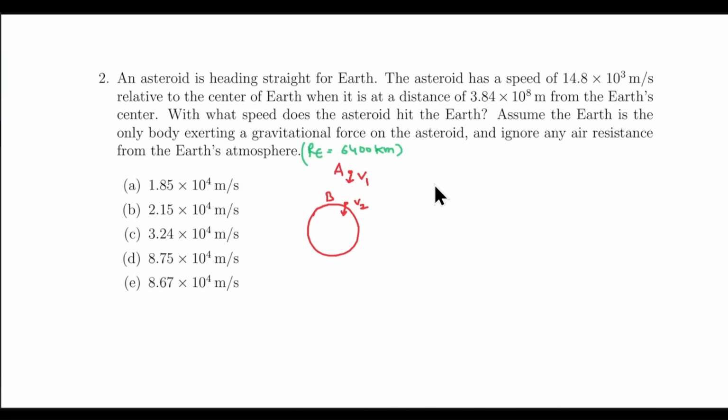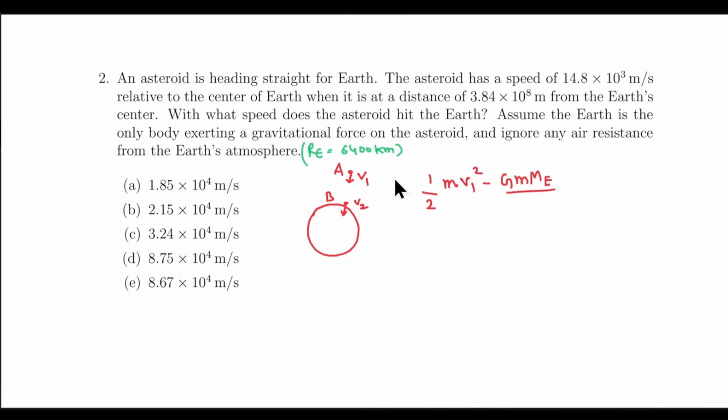At point A, the energy is going to be half m v squared. The mass of the asteroid we do not know, and we don't even need that. So half times m times v1 squared. And at this point, the system of the asteroid and Earth will have a gravitational potential energy, which is negative G m of asteroid times mass of Earth divided by